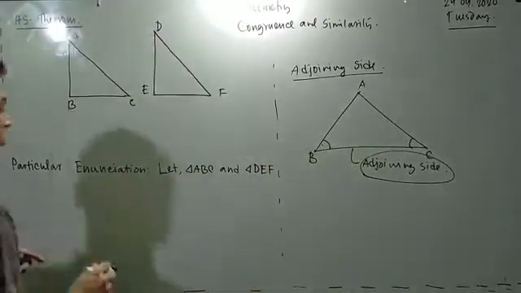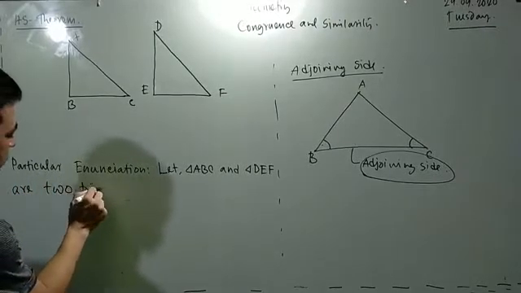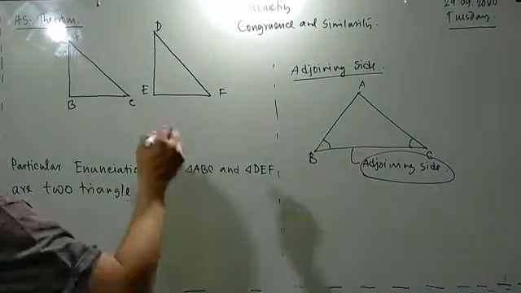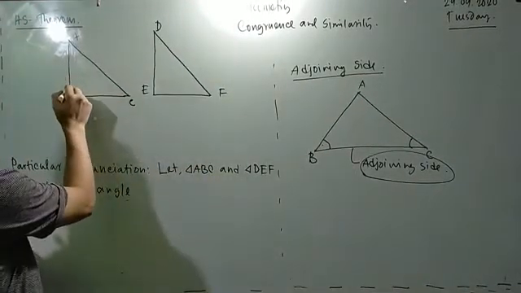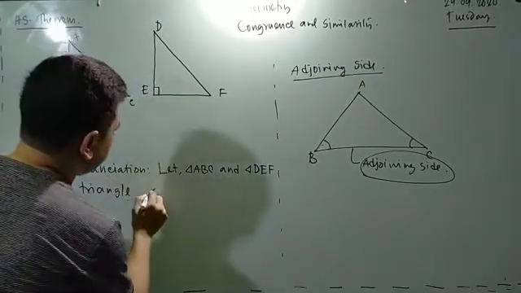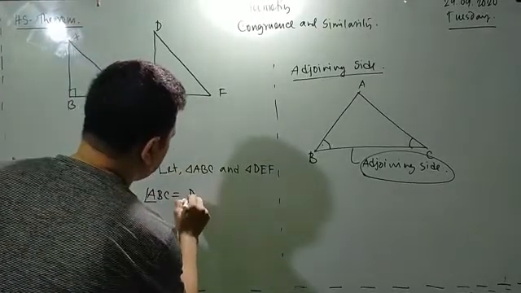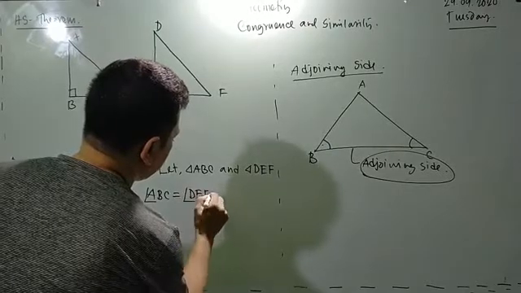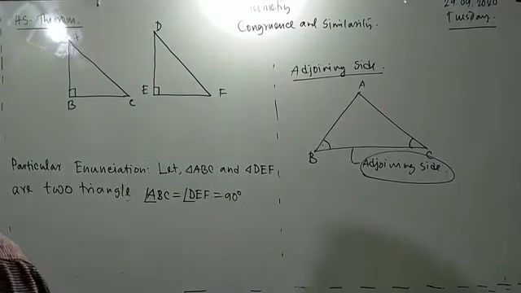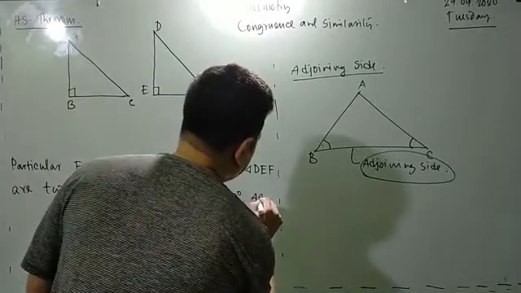We are just working on HS theorem, so it must be a right angle, of course. So angle ABC equals angle DEF equals 90 degrees. Of course it should be 90 degrees, otherwise we cannot work for HS theorem. And AC equals DF,